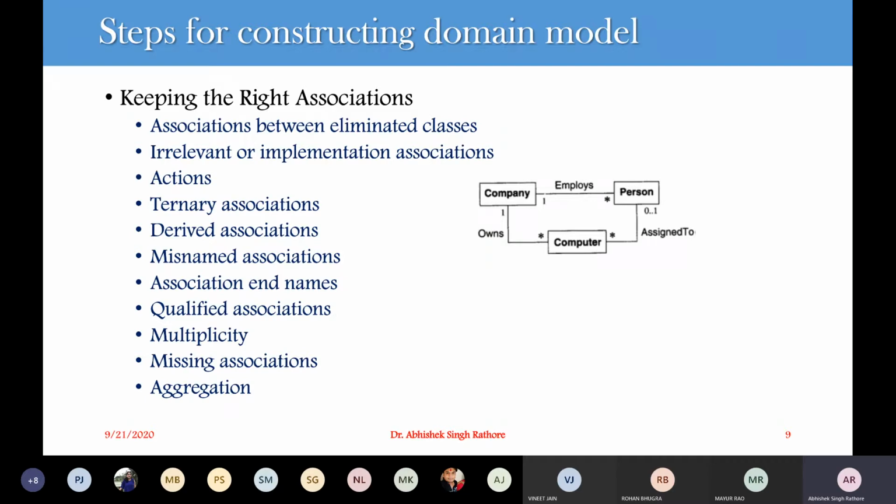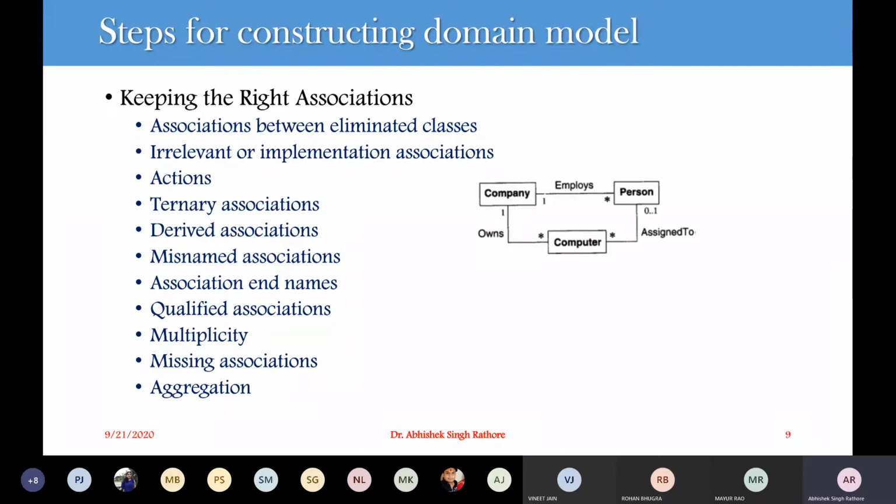Fine. Then again we have misnamed associations. When we are focusing on this domain diagram, we don't say how or why the situation came about; we are focusing on the what instead of how and why. So we have to assign some name to an association. Because when we have identified a name for the association, then we can say that we are going to include some major association, or we are considering some important relationship.